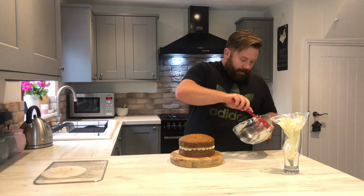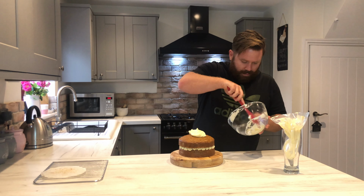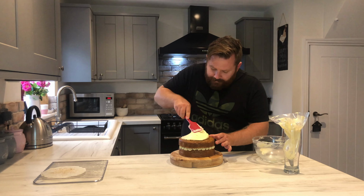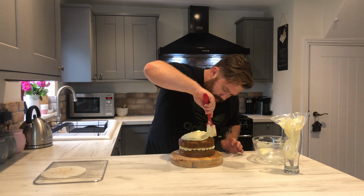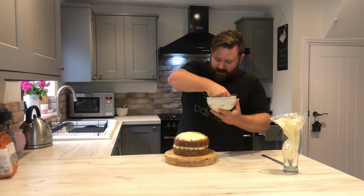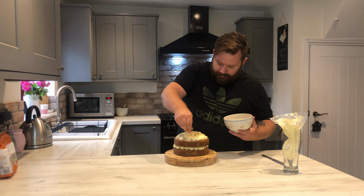Now with this top layer, get your spread, plunk it in the middle, and literally just spread it out right around the edge. Now just off camera, all I've done is I've cut up some of the walnut pieces. So what I'm going to do is literally get them from up high and just spread them all on to the top. Then lastly, put the rest of your stuff into a piping bag and just literally go on with